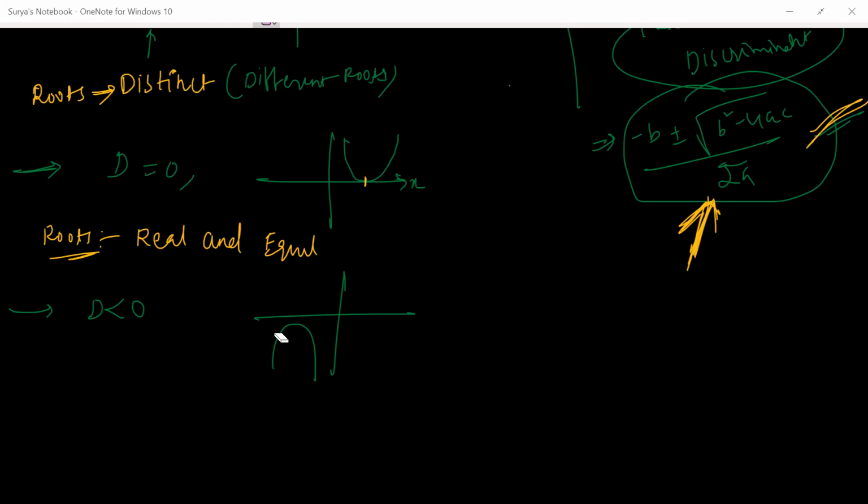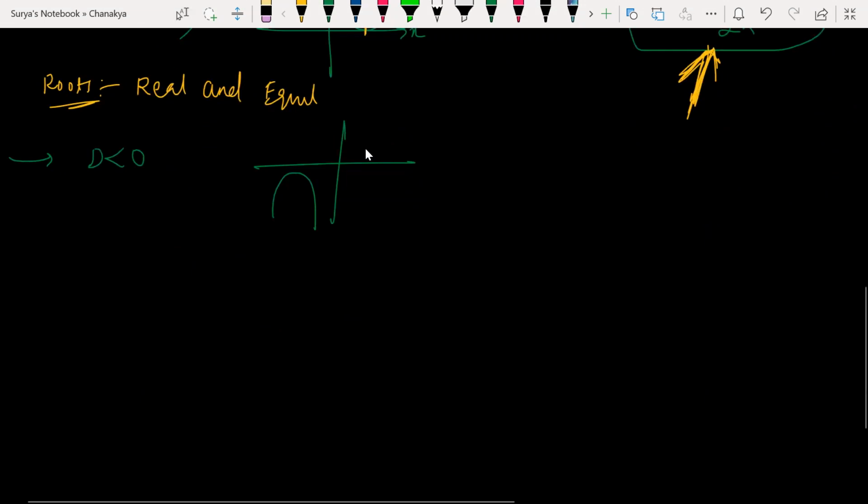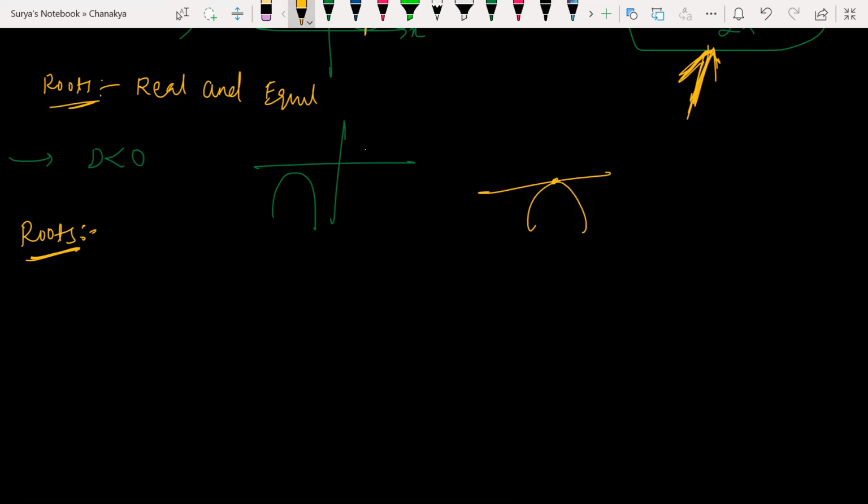Sir, that curve of the parabola, meaning each curve is like each point. Exactly. And you will be learning about tangent. A tangent is nothing but touching a curve at a single point. Drawing a line by touching a point on that particular curve is called a tangent. You'll be learning in further classes. Don't worry. So you are right. A tangent is nothing but a line touching a curve at a single point.